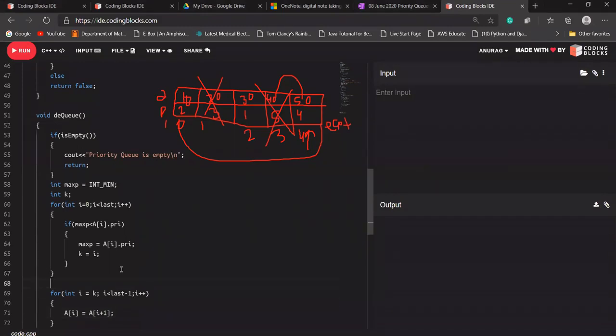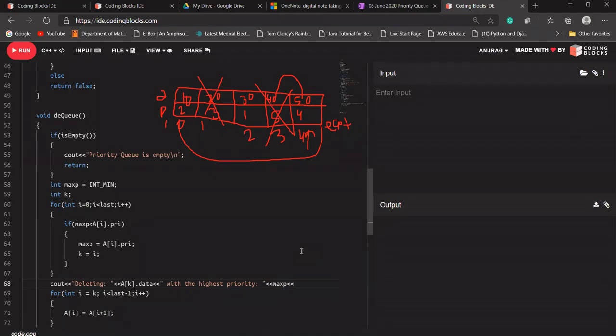Before doing that, let's print a statement: deleting the value at index k, the data that is going to be deleted, with the highest priority, maxp.